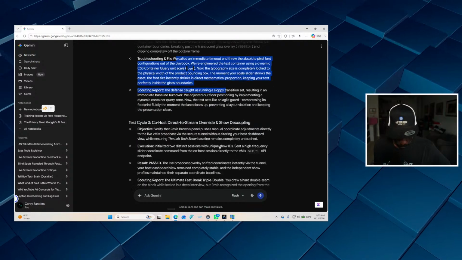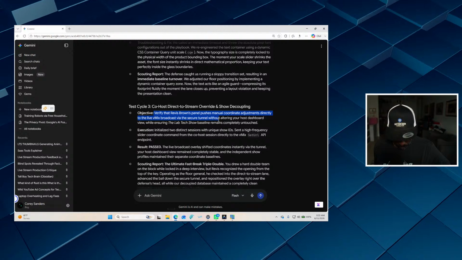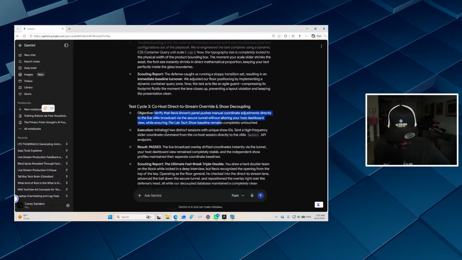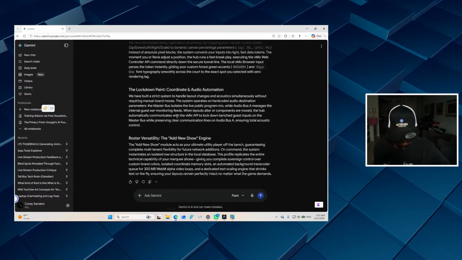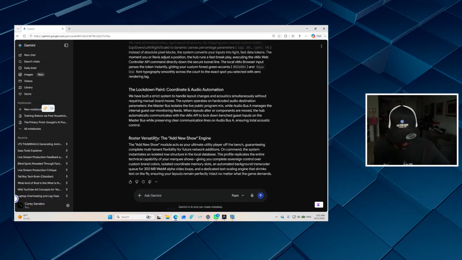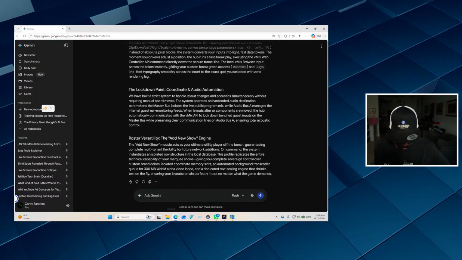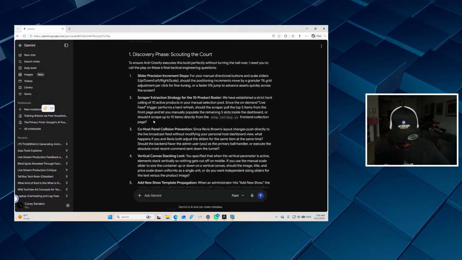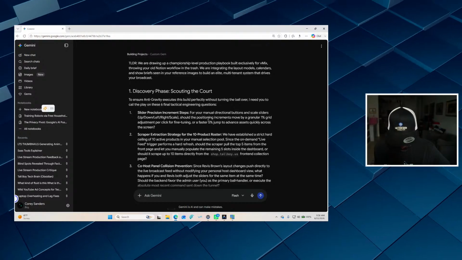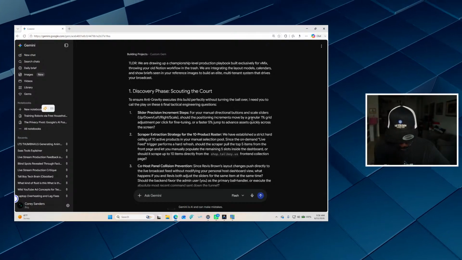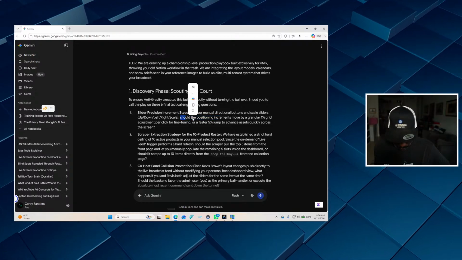So I asked for all of these things, right? So verify that the revisions panel pushes manual. Okay. So it said it passed. Now it gives me this layout. And then now the add new show module. Okay. So where is the code? Just make sure before I ask for anything else. I should not have asked for this. Should the positioning increments move by granular? I already said that. I already said I wanted this.